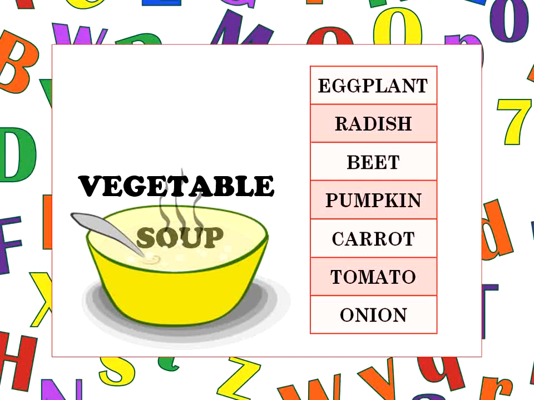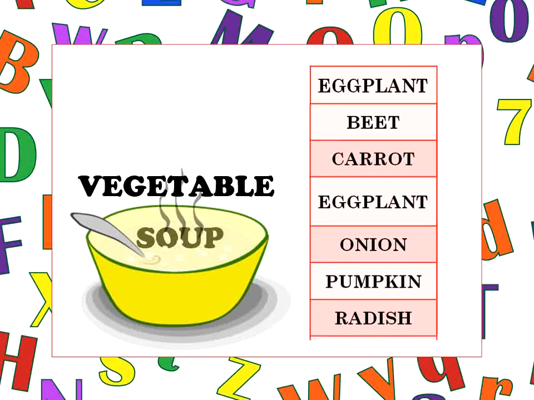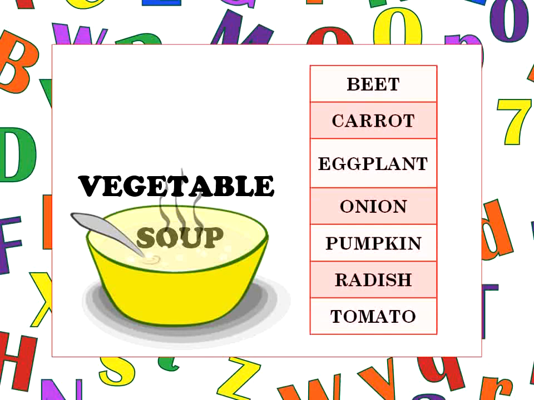Have you recited it? So, looking at our list, can you tell me which one will come first? Yes, beet will come first because there is no vegetable with A mentioned in this list. What will follow? Yes, carrot. And because there is nothing with D, eggplant will be third. What is eggplant? Eggplant is another name for brinjal.